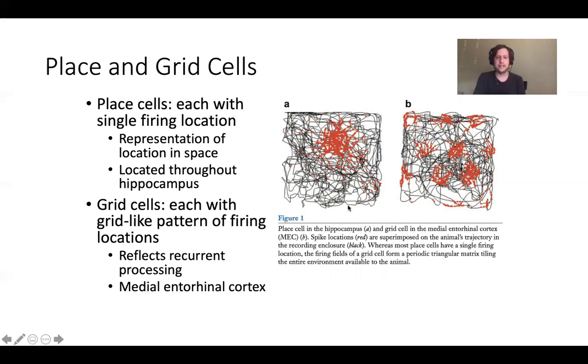So this is a diagram of a single place cell. These little black lines are where a rat is moving around inside a room. The rat's moving all over the place, and while it moves throughout this room, they're measuring the activity of a single neuron in the rat's medial temporal lobe. They're looking at when this neuron fires action potentials, when it becomes electrically active.